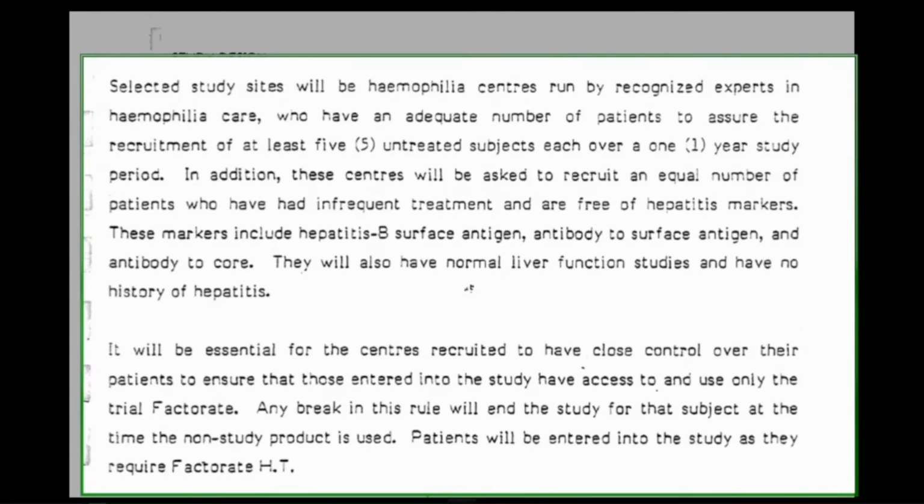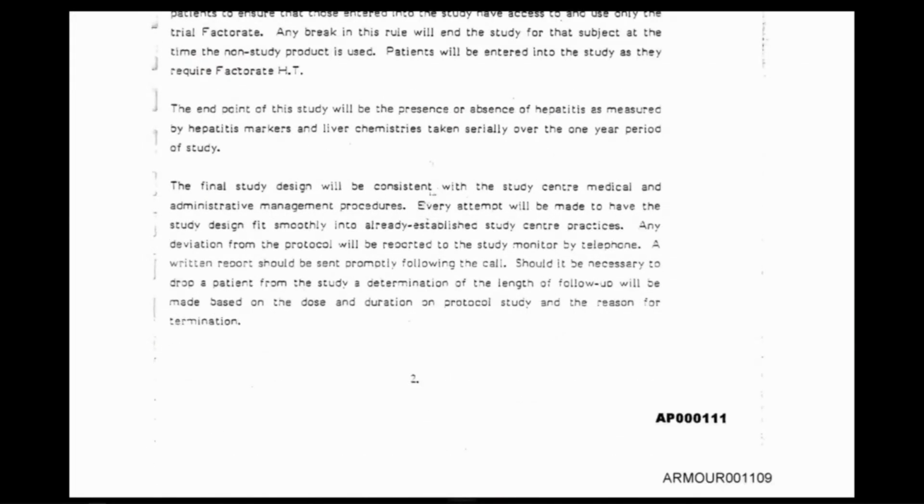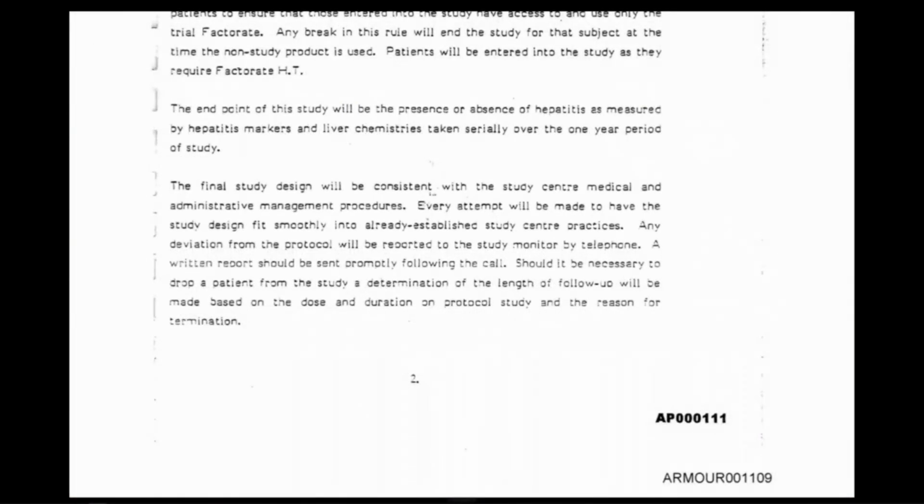At the time the non-study product is used, patients will be entered into the study as they require factor VIII HT, heat treated. The end point of the study will be the presence or absence of hepatitis as measured by hepatitis markers and liver chemistries taken serially over the 1-year period of study. Top of the next page,